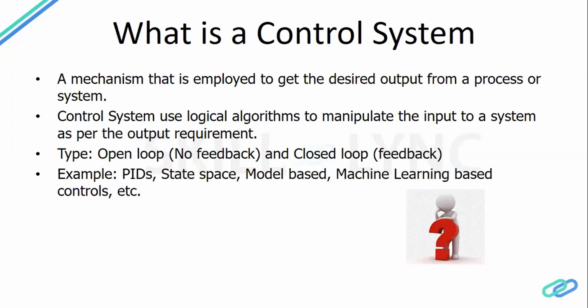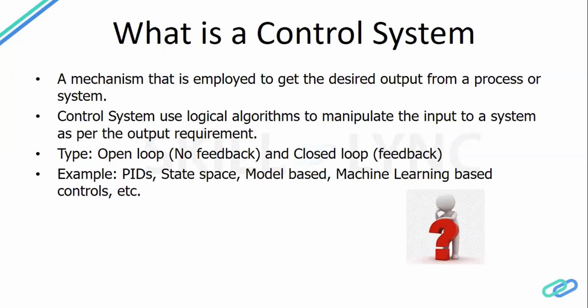It doesn't know. But in a closed loop system, it will actually take that output angle and send it back to the system, telling it that the screen is not at 20 degrees and it's at 15 degrees. So that is a very simple description of the difference between open loop and closed loop systems. There are a lot of low level details involved, but we'll get back to them. Right now it's a general difference: if there is feedback, it's closed loop; if there is no feedback, it's an open loop system.